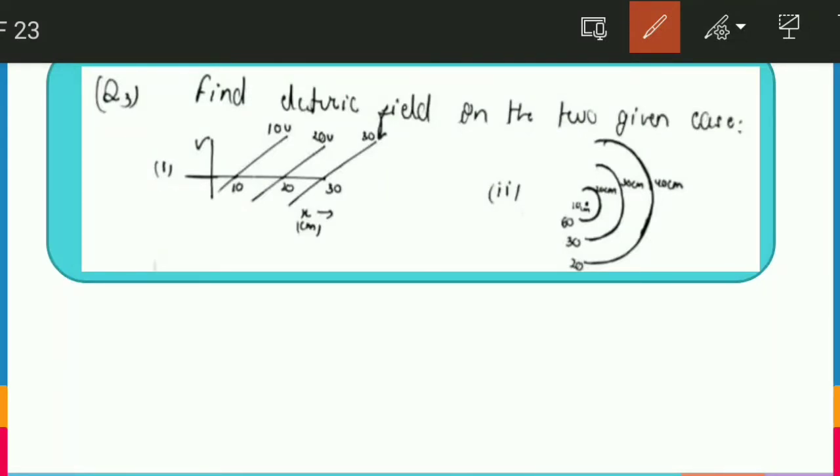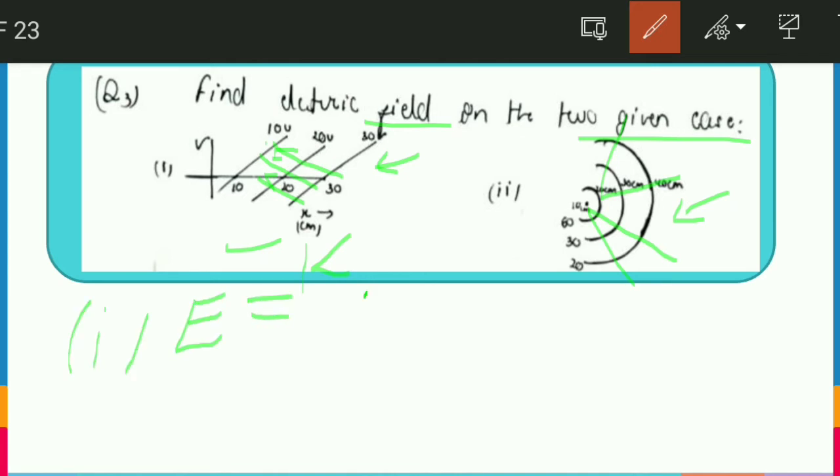So yes friends, let's see this question, how we have to do this. The question says we have to find the electric field in the two given cases, and these are our equipotential surfaces. For an equipotential surface, the electric field is perpendicular to it, meaning the electric field is in this direction, and this one is in this direction, and so on. It also has one more unique feature, it has a constant electric field. So friends, let's find the first electric field. For a parallel electric field, it will be equal to delta V by d, where delta V is the potential difference between two plates, meaning equipotential surfaces, and d is the perpendicular distance between these two surfaces. Remember my word perpendicular, because I will be using it.